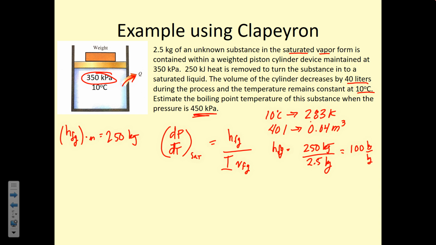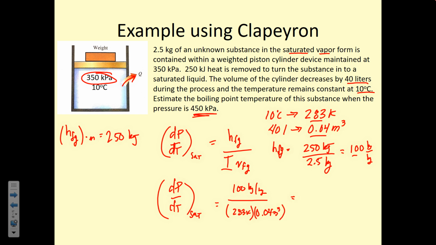So we know H sub Fg, we know our volume, we know our temperature. We can plug it into this equation to find how pressure and temperature are related. So H sub Fg is 100 kilojoules per kilogram. T is 283 Kelvin. V sub Fg is equal to 0.04 meters cubed. So we find that the pressure changes with temperature, 8.829